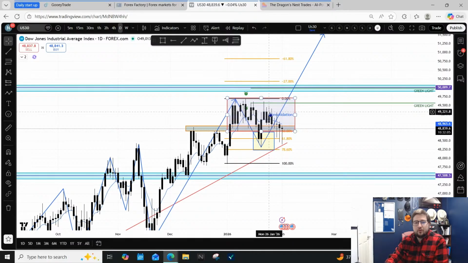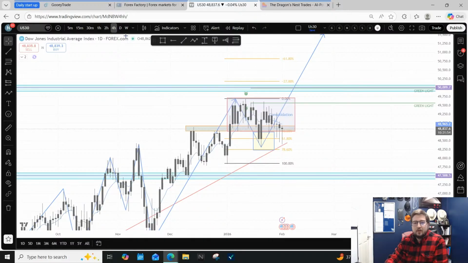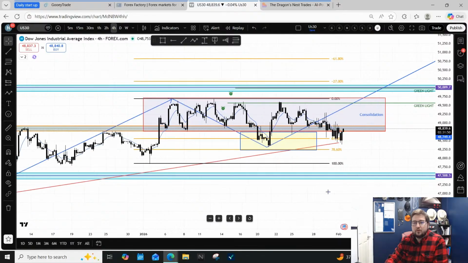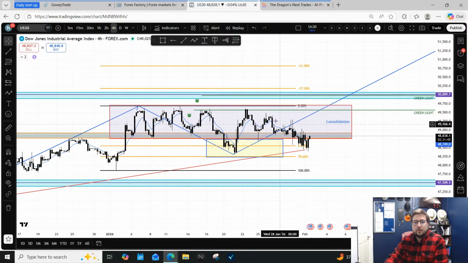So you can see wick, right? Tons of wicks to the upside, tons of wicks to the downside, stuck in this little box zone right here. So it really doesn't really know what it wants to do. So even if we pull up the 4 hour, we can see we're slowly grinding down, but wick to the upside,